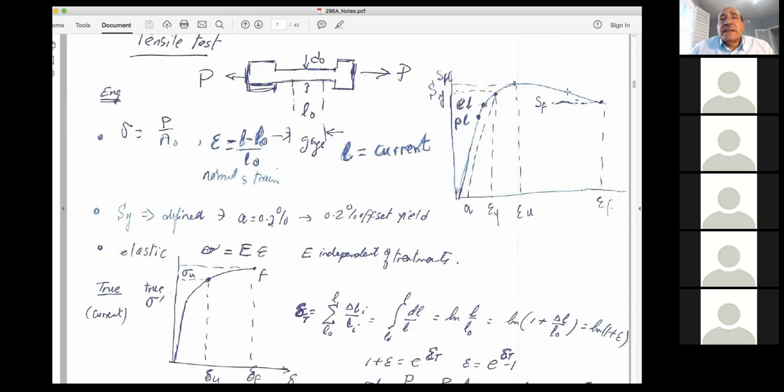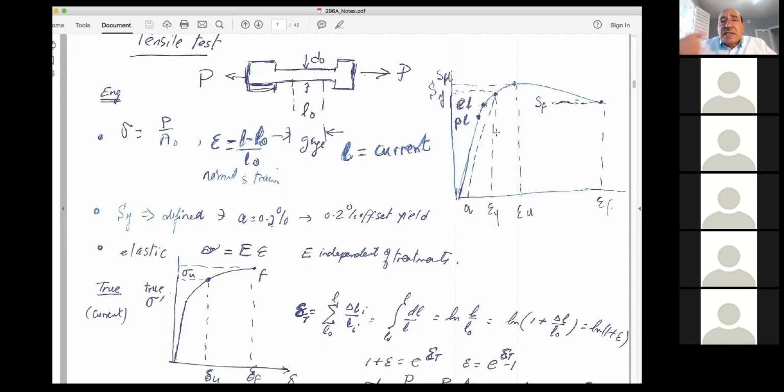then you have the plastic deformation. If we define the stress as the force divided by the original area, A0, and the strain as the change in length, L minus L0 over L0, then this definition assumes that the reference state is the original shape of the material, meaning the original area A0 and original length L0. And that we call the engineering stress strain curve, which is the most common that we have.